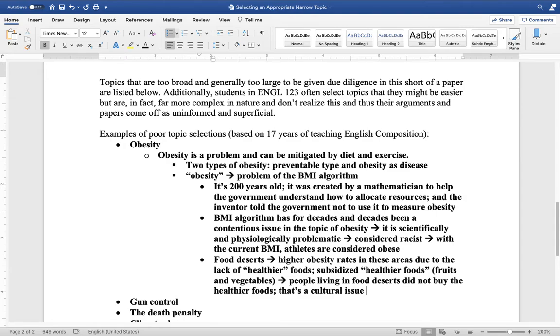And hopefully their obesity rates will go down. So we look better as a country, even though we've culturally instantiated them to be a certain way, right? This is a cultural problem, meaning America has a particular culture when it comes to food,